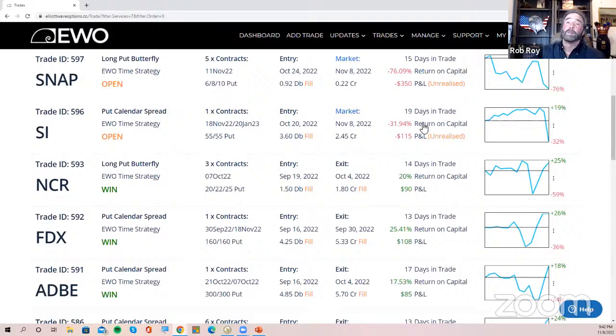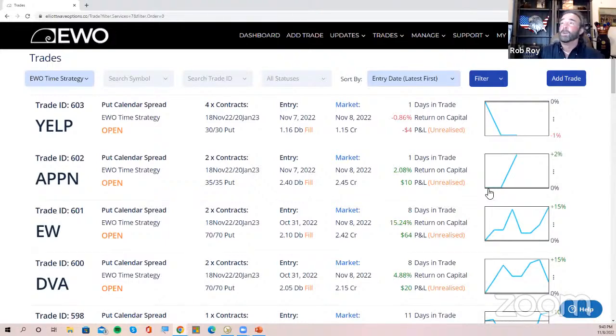So it's only down 30% on a day when you would have been wiped out if you had some sort of a bullish trade. I mean, the stock was trading at $55 and it lost over $11 today. So if that would have been a call option, it would be 0 right now. But that's the beauty, the risk management side of things with the time strategy, that you can have a horrendous day, a wipeout day, and the worst that happens is you lose 30%. And so we've already recovered that in those others. So anyway, I wanted to share that with you as far as our